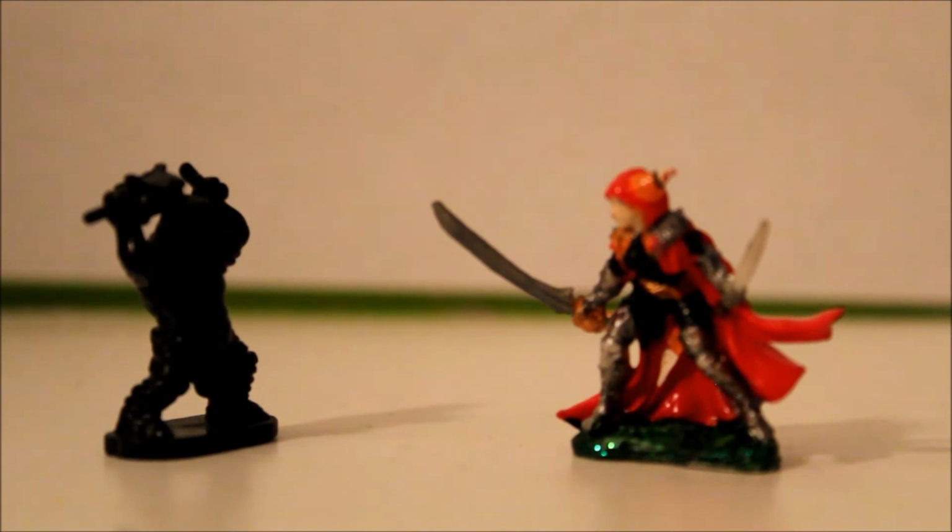Since that's over, I would roll again to hit him again. This one would probably actually hit. I rolled a 15 plus my to hit bonus. So this one would legitimately hit the ogre, I'm sure. So then what you would do is, since I know that